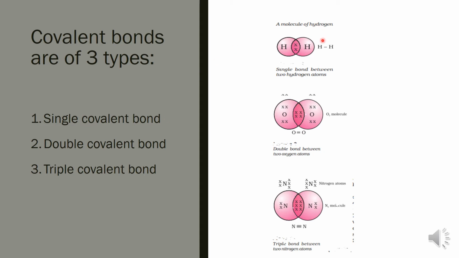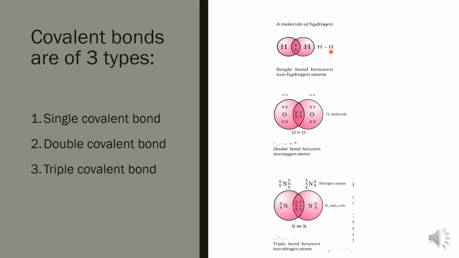Hydrogen exists in the form of H2, and each hydrogen atom contains one electron. These electrons will be shared by both the atoms, and this shared pair of electrons will now belong to both the hydrogen atoms. Children, this kind of structure is called an electron dot structure of the hydrogen molecule.